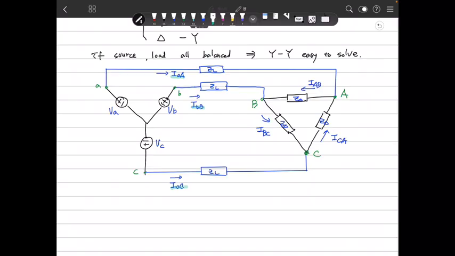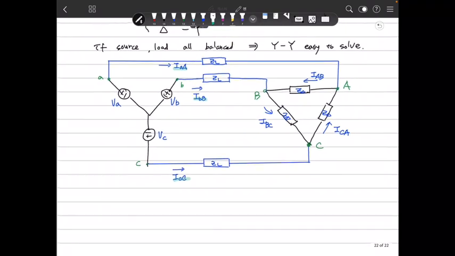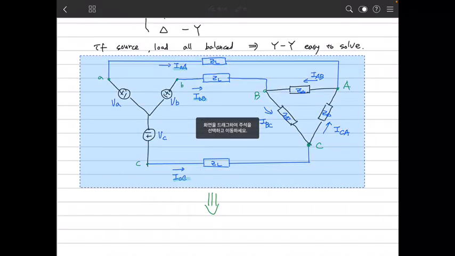And 4-wire systems Y and Y. We already discussed about how to solve them. But in the case of delta, it's quite complicated. So in this case, we need to transfer the configuration from Y to delta. And to do that here,